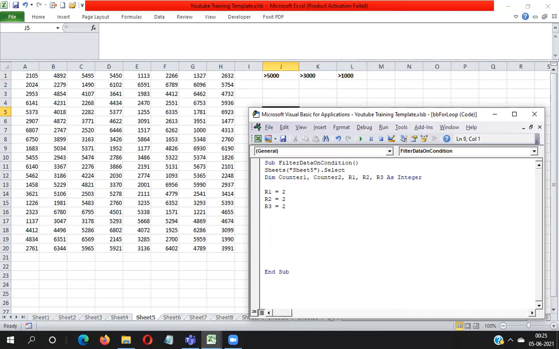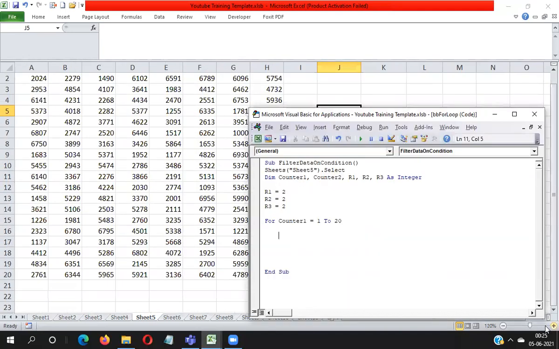Okay, then here I need to write for counter1 equal to 1 to 20. Why I have written here 1 to 20? Actually counter1 you need to use up to 20 number row. That's why I have written here 1 to 20.